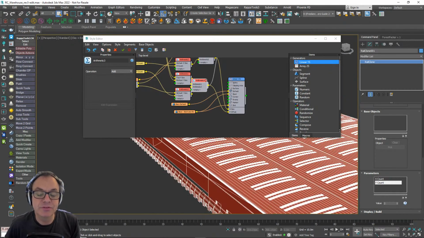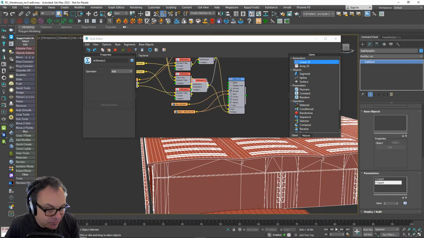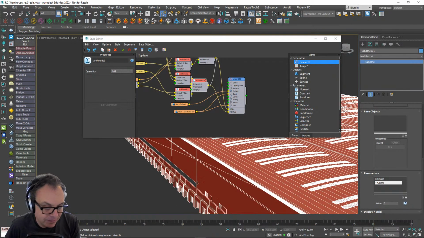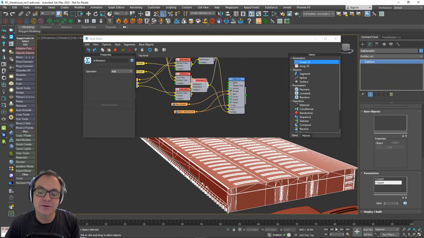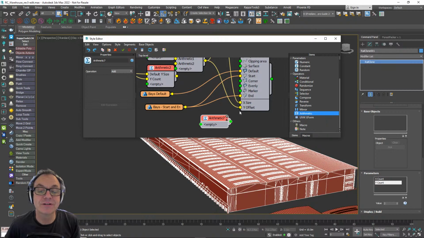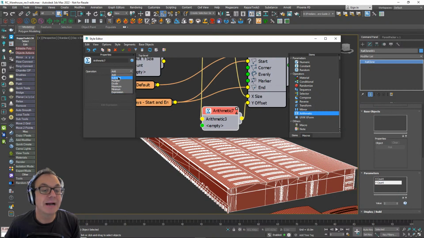Good. Except of course that there's an overhang on the roof, so that measurement doesn't quite work. So what we need to do is just add a little adjustment just to pull it back in, so it's always moved from here to the other side of the array minus an offset back again. And again, we can just use our arithmetic node. No need to get into expressions or anything, just our arithmetic node. Pop that into there, and I'm going to set it to subtract.